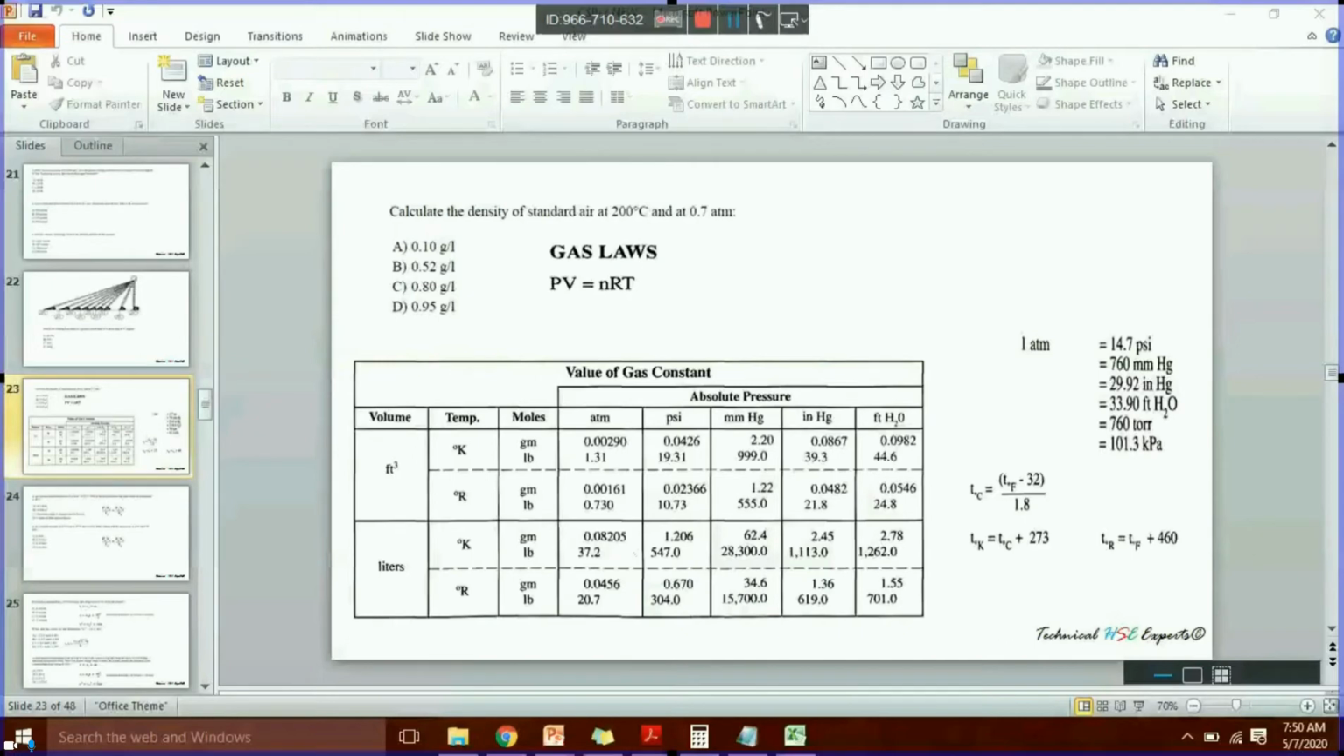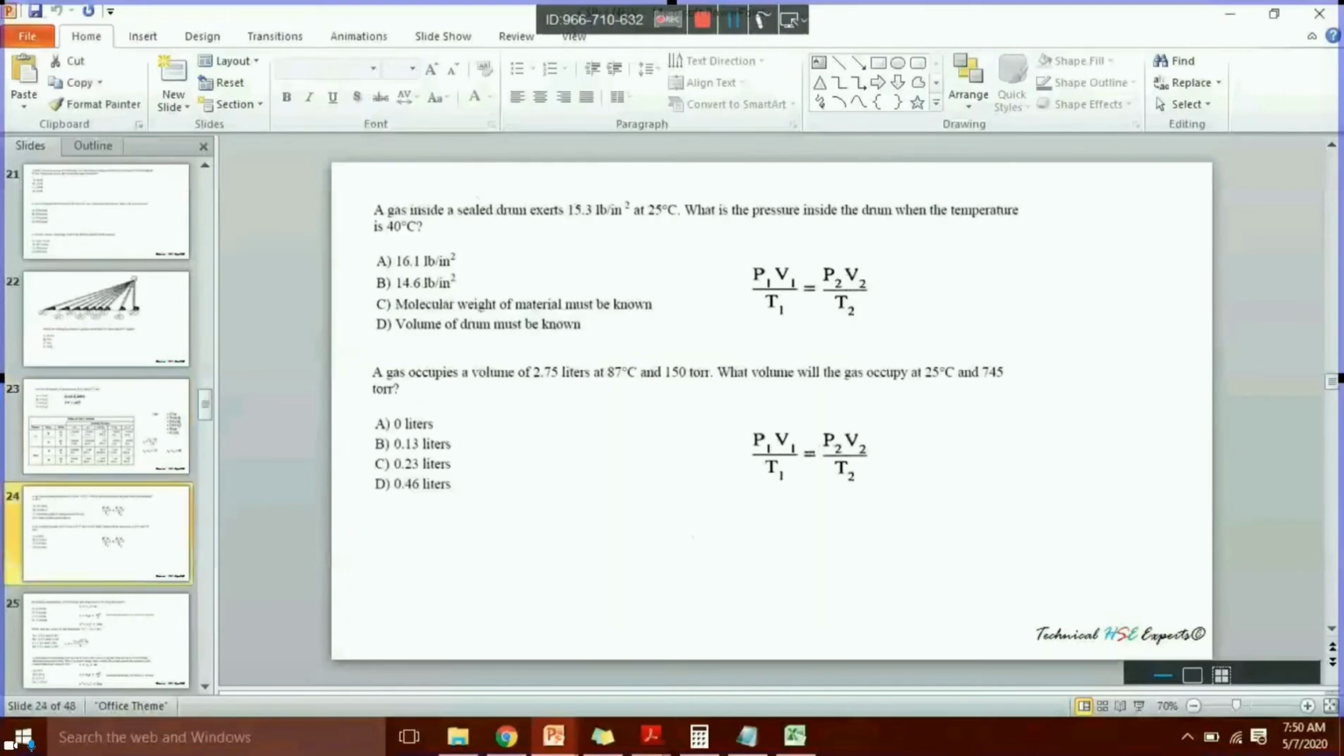So substituting in the formula, you will end up with option 2. Is it clear? See here, this is also a variant of the gas constant. See the question: a gas inside a sealed drum is having this much pressure and this much